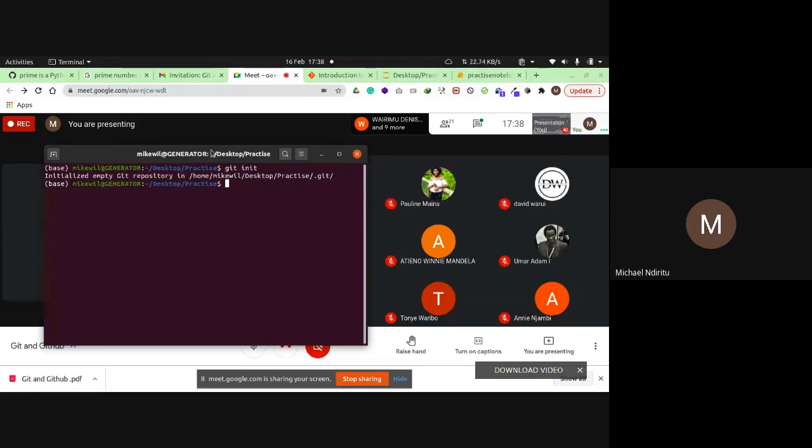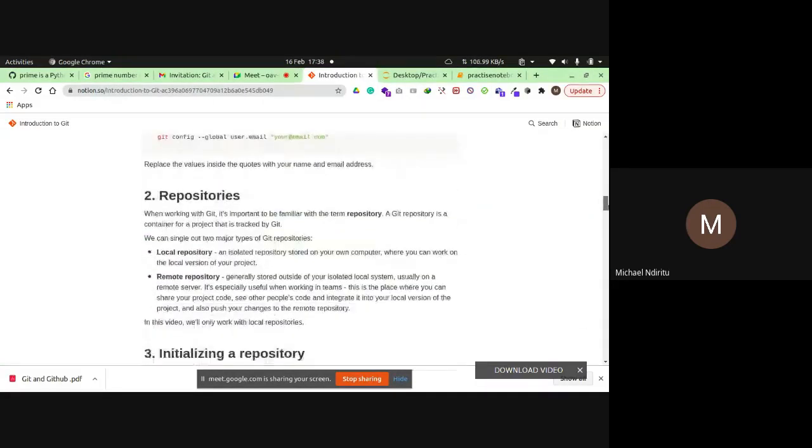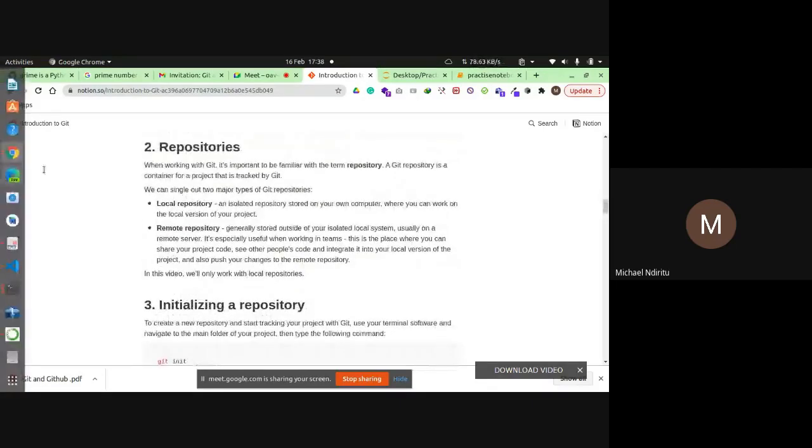Next, after git init, as you can see here, there are two types of repositories. One is a local repository on your machine, where you can work on a local version of the project, and then there's a remote repository stored in GitHub or any other place where you can configure it.